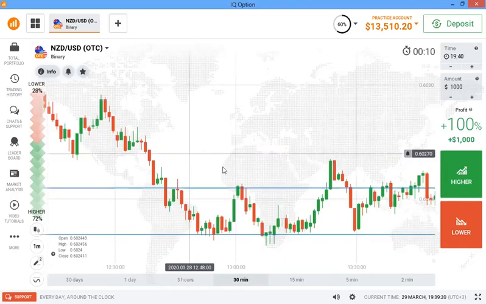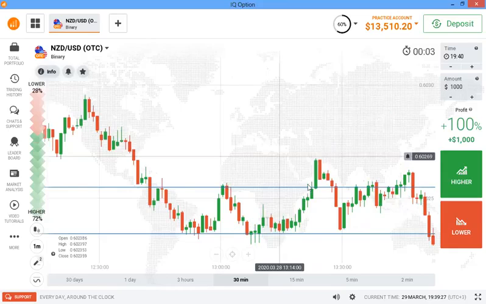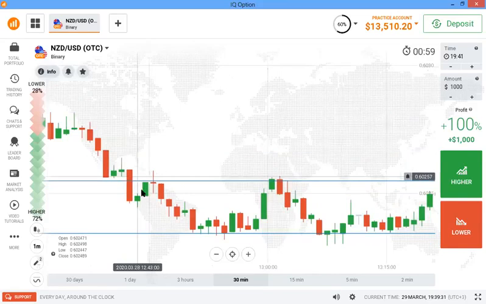Now you can see that at this time, this is a ranging market. How do you know that this is a ranging market? Because if you look at it, the market touched this level, it reversed. Again, it touched the same level, it reversed. But here,